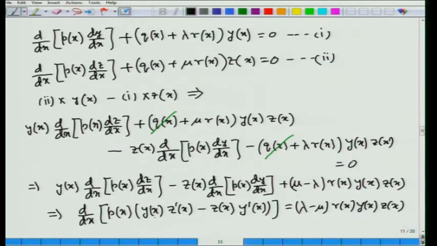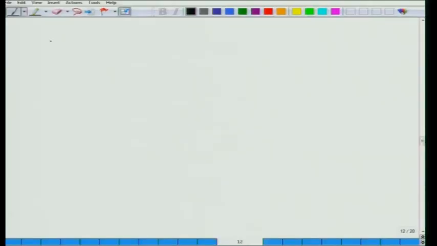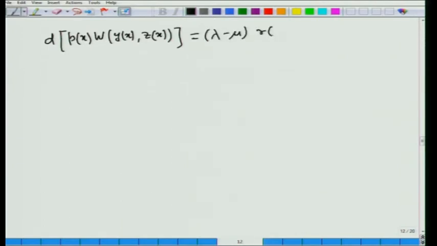And this expression, y z' minus z y', is nothing but the Wronskian of y and z, and therefore we can write that d of [p(x) W(y(x), z(x))] is equal to (lambda minus mu) r(x) y(x) z(x) dx, and then integrating from a to b, we can find p(x) W(y(x), z(x))